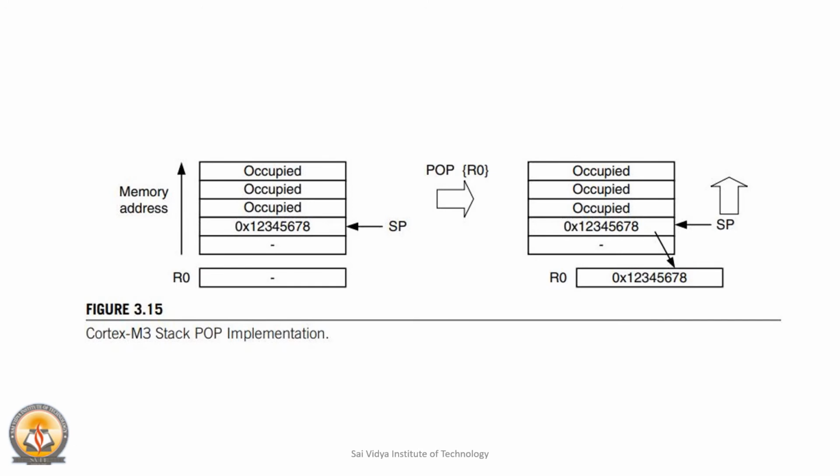So this figure represents the stack pop operation. From the previous figure, we have already used the push implementation to store the value of the R0 register in the stack memory. So the stack pointer always points to the last pushed data. When you are popping the instructions using pop R0, then the stack pointer, which is already pointing to the last pushed data, will retrieve the value of the register R0. It will store it in the register and then the stack pointer will increment by 1 so as to point to the previously pushed data.